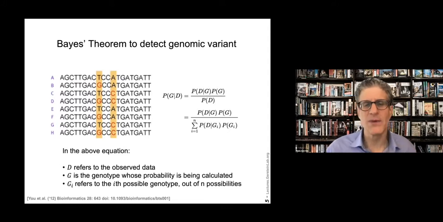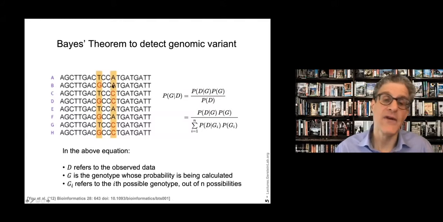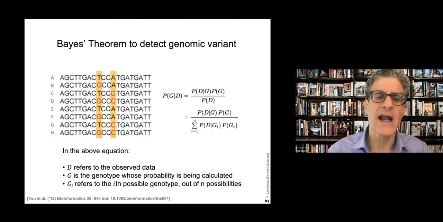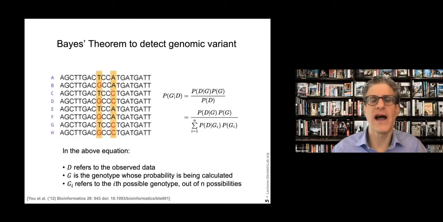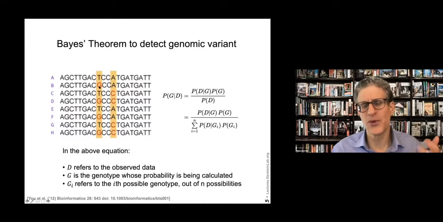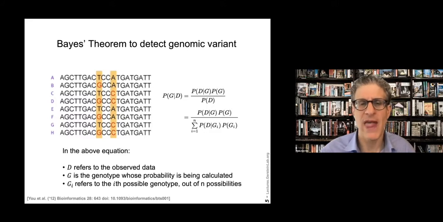The simple idea is, if we had truly perfect sequencing and believed every single read, then even one read with a different base we would believe. But pretty much we don't